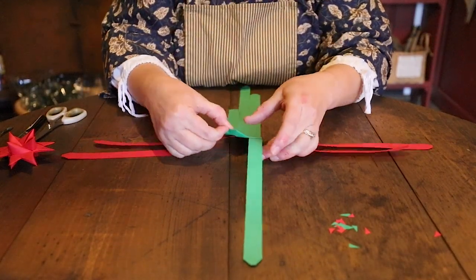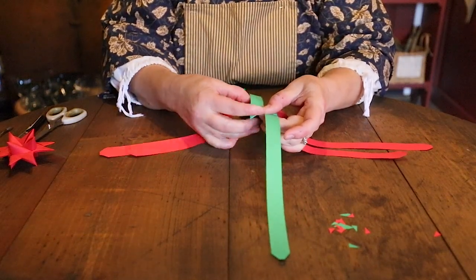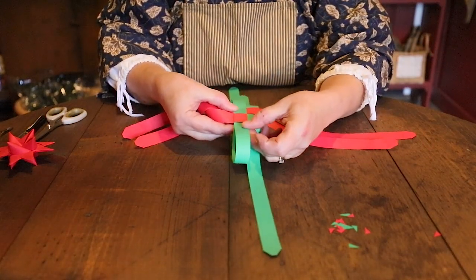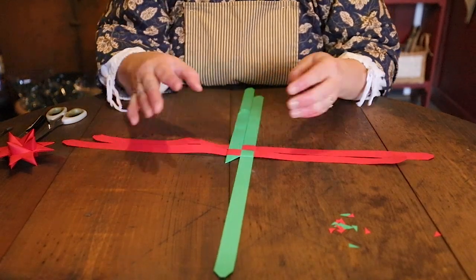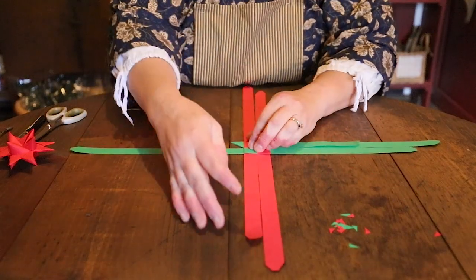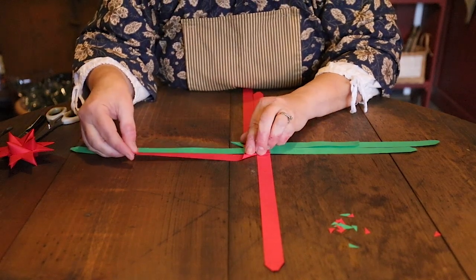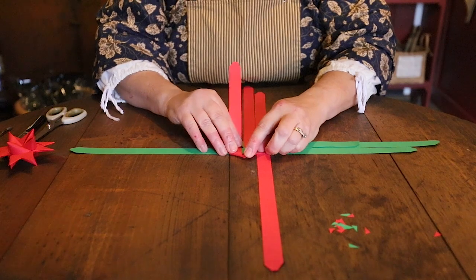So now I'm going to fold that in half on itself, and that little crack makes it easier to do that. And I'm going to hold that point down, and I'm going to tuck it into that red piece right there. And there's your first one. Then you turn it clockwise, take your top right, turn it under and parallel,